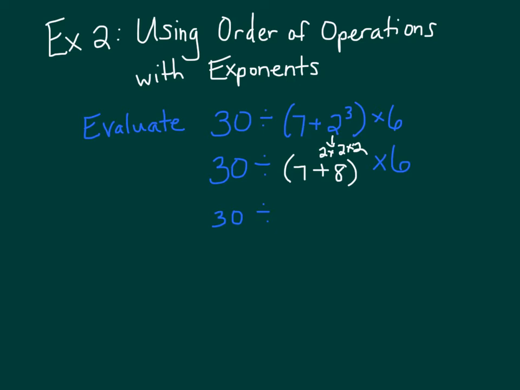So we still have 30 divided by, and then 7 plus 8 is 15. And then we still have that times 6 in there. And then we look and notice that we have 2 operation symbols left, division and multiplication. And this is one of those tiebreakers that I was just telling you about when we went through the order